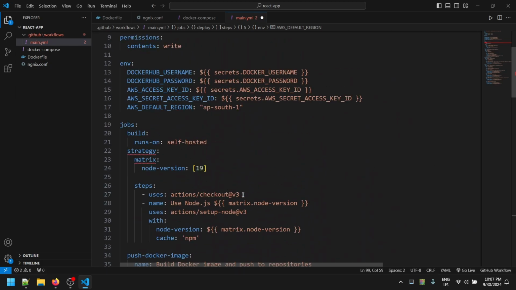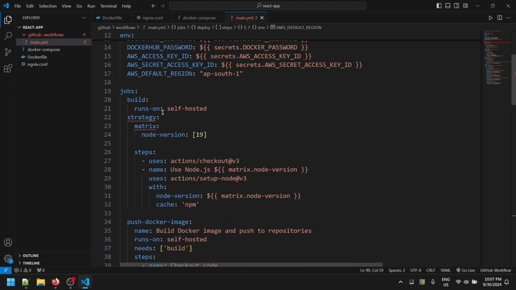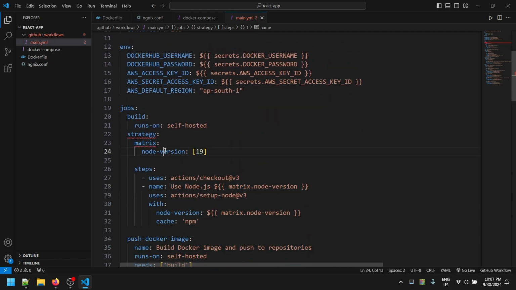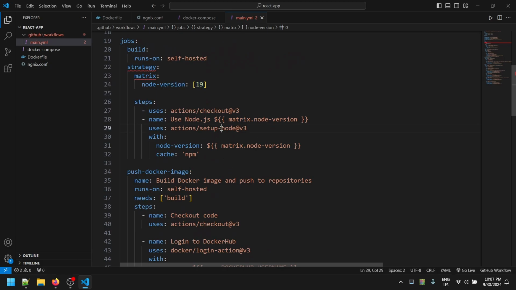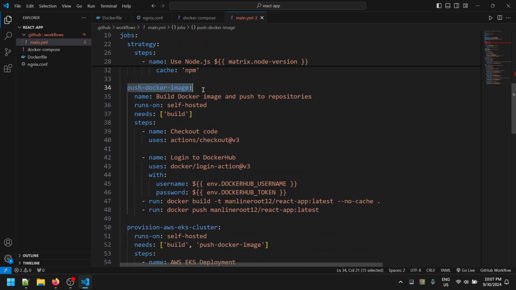Okay, I'm back. So we have written all those things, and in these things, for the GitHub checkout, we are using checkout hyphen v3. For the Node.js, we have utilized the metrics plugin that we have used over here itself. So we have fetched the node version from that. Cache is npm. To push the Docker image to the Docker Hub itself, we are utilizing the Docker image